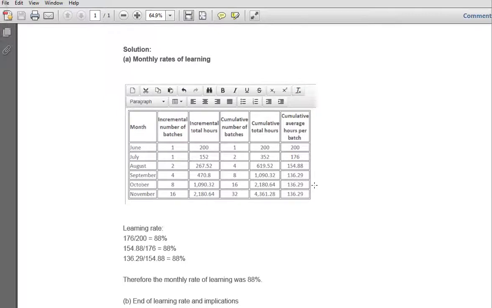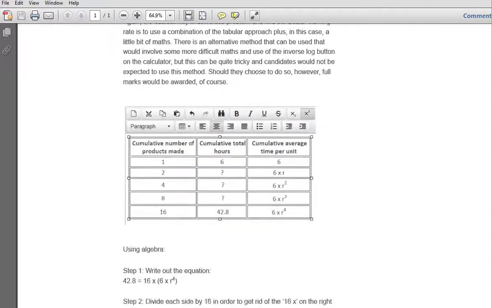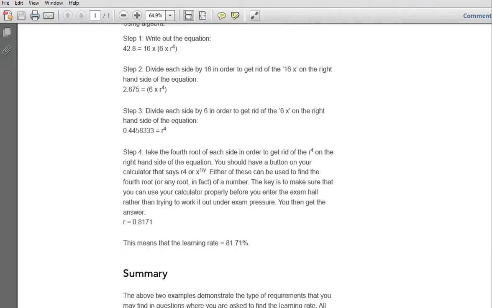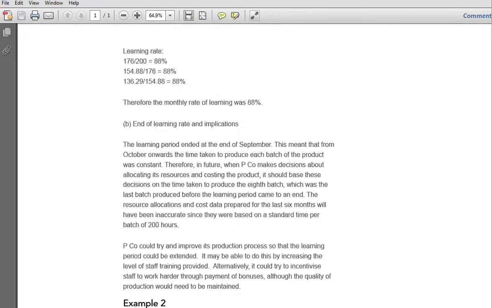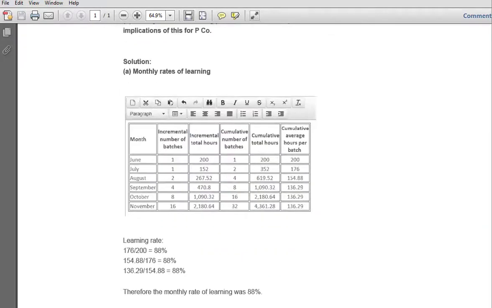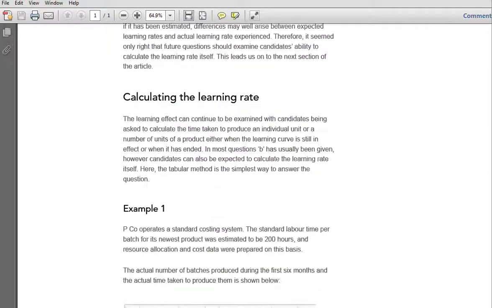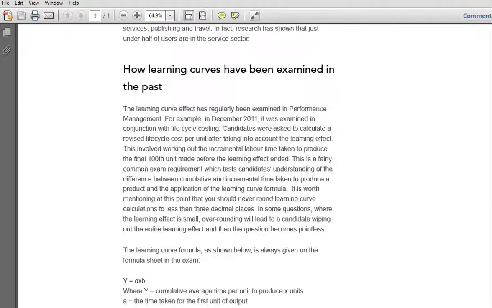So please give it a read. It's interesting. I believe that you have done this example, the second example, and I think that we have done many questions on this. We have done some questions like this in our notes also. So yes, please give it a read. Thank you.